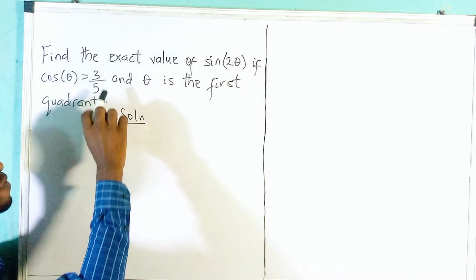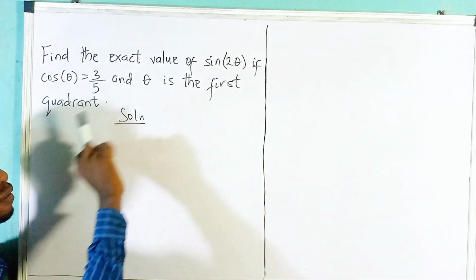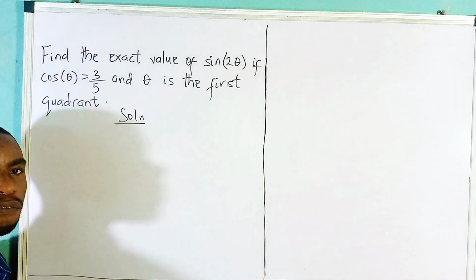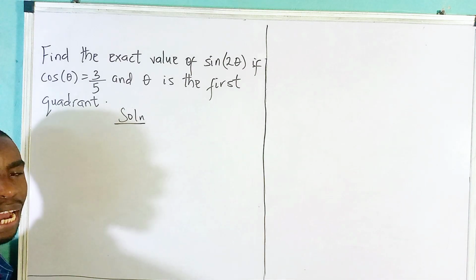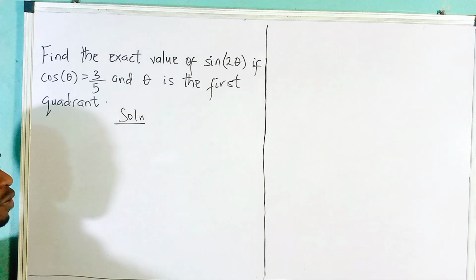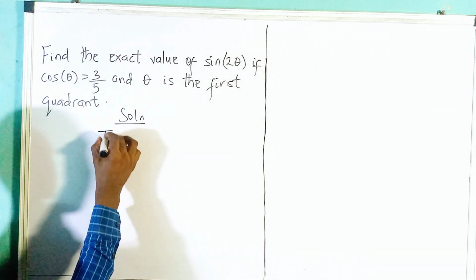Our question today says: find the exact value of sine 2 theta if cos theta is 3/5 and theta is in the first quadrant. Okay, so I'll be making use of trig identities. First of all, I want to look for sine theta. To get sine theta,